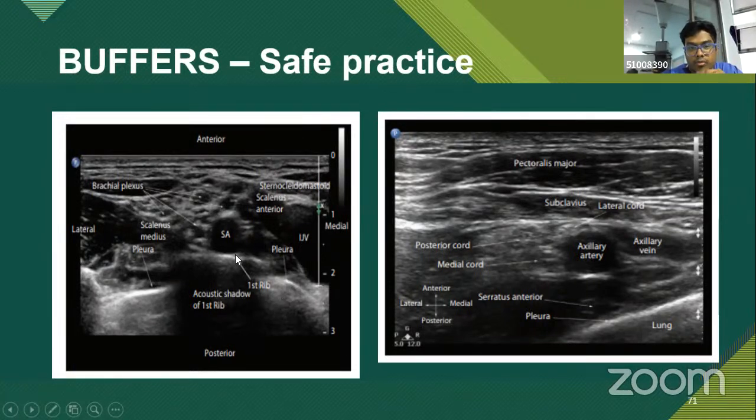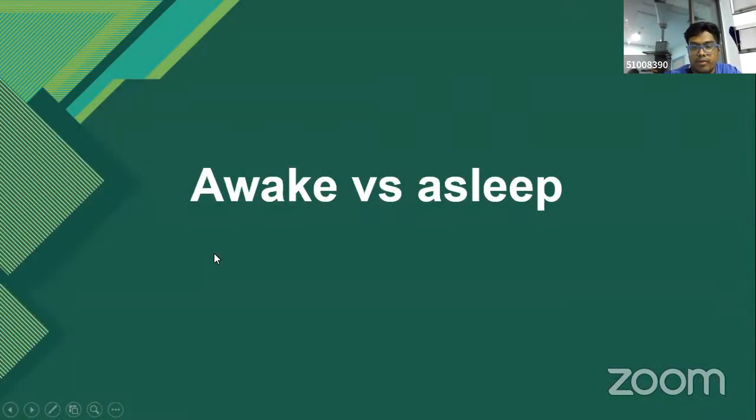And if you have the probe a little cranially, then the subclavian artery will be lying directly on the pleura. Now, if you tilt the probe towards the clavicle, when you see inside, distally inside the clavicle, then the subclavian artery comes over the first rib, so that you have this buffer